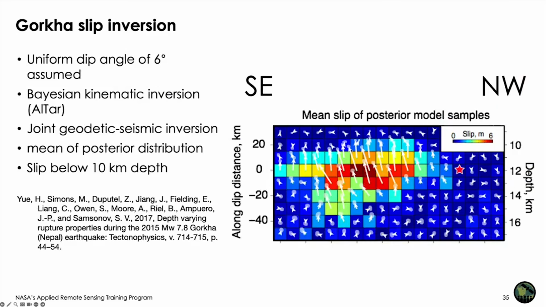And this is actually a joint inversion between the seismological data and the geodetic data. So it actually includes the amount of slip as a function of time during the earthquake, which I don't have time to show in any detail. But it's all published in this paper, UA et al.,